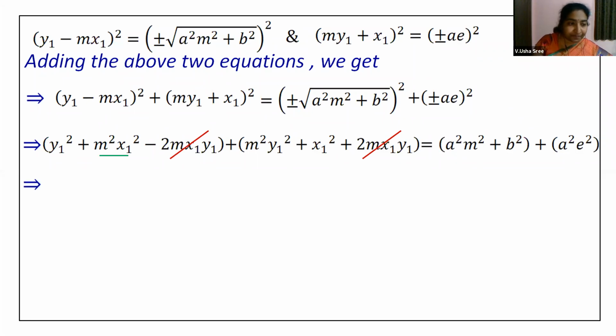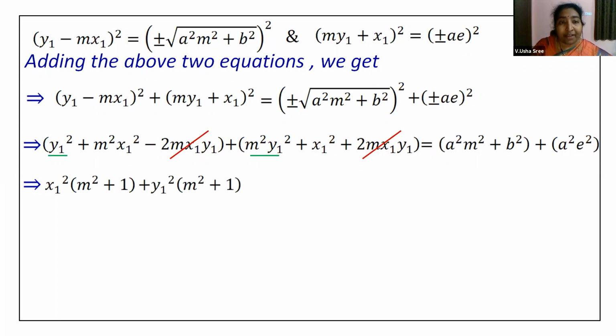Then m square x1 square and x1 square, we will take both of them, and we can take x1 square common, and we get m square plus 1. Likewise, y1 square and m square y1 square. From both the terms, you can take y1 square common. Then you can write it as y1 square into m square plus 1. Okay, then this is equal to